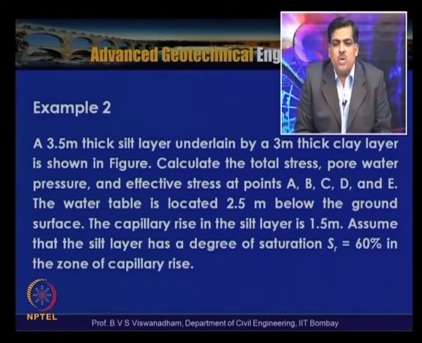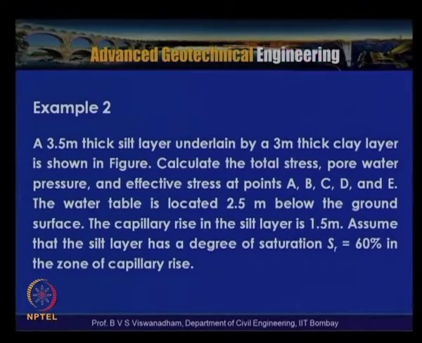We need to calculate the total stress, pore water pressure and effective stress at points A, B, C, D and E. The water table is located at 2.5 meters below the ground surface, and the capillary rise in the silt layer is 1.5 meters. Assume that the silty layer has a degree of saturation of 60% only in the zone of capillary rise. So here we actually have the